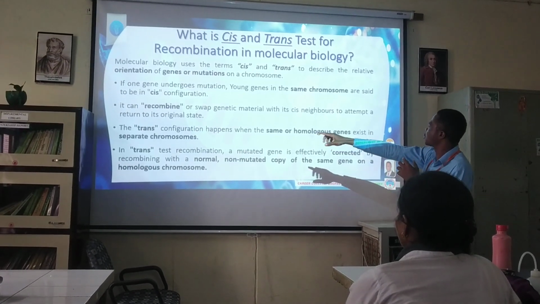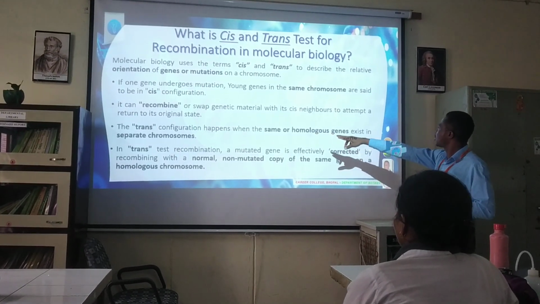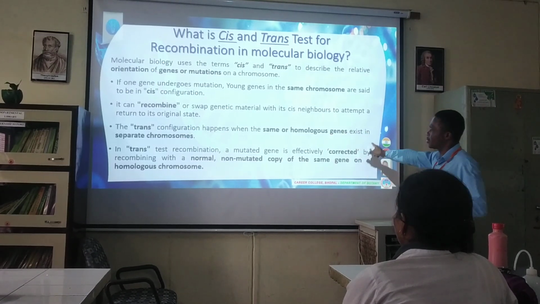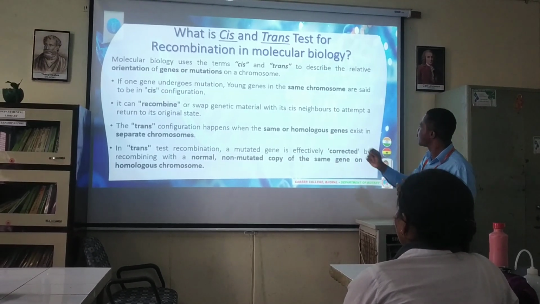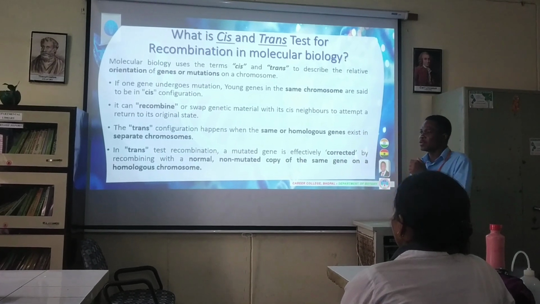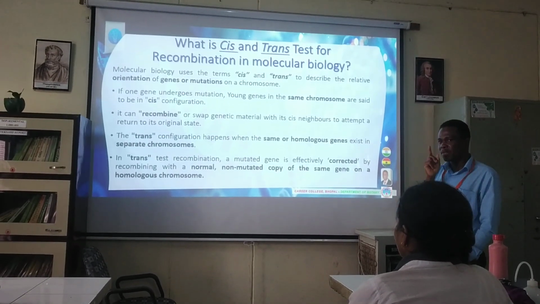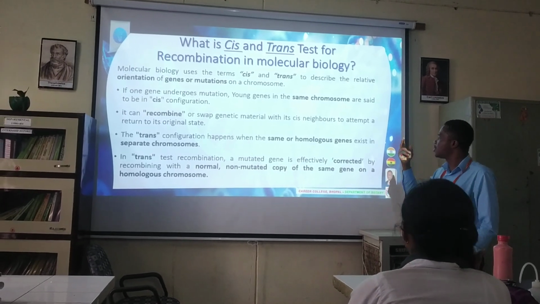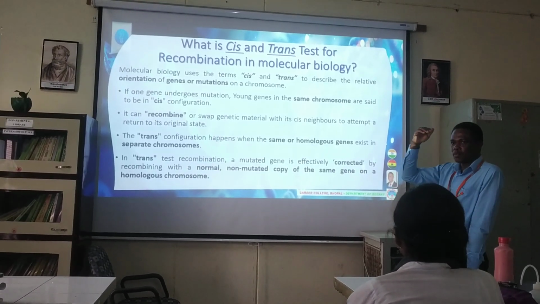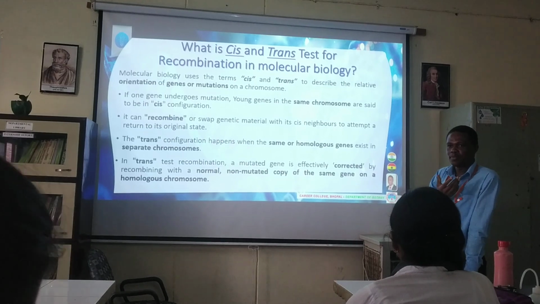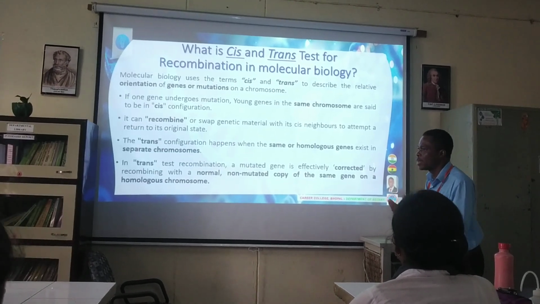Next one is trans. Trans occurs when the same or homologous genes exist on separate chromosomes. When we say homologous genes, we are talking of genes that are in two pairs, but they represent the same character. Let's say a gene that is coding for the height of a plant or human being. Height, we have two characters, either the plant or the human